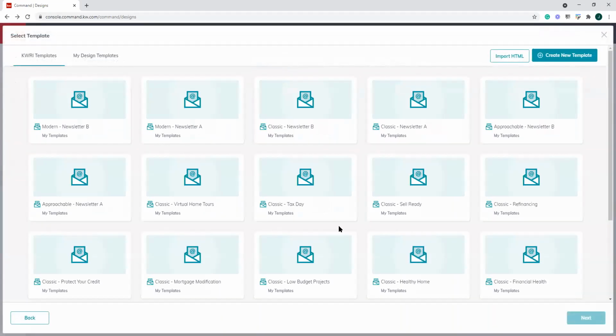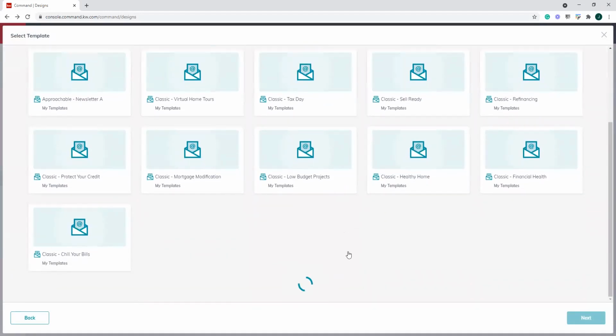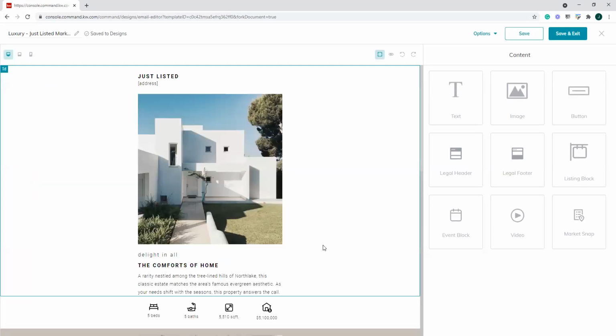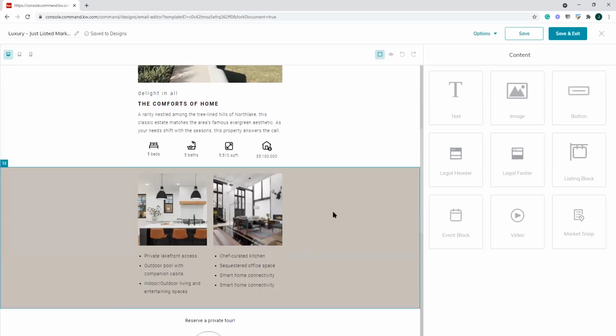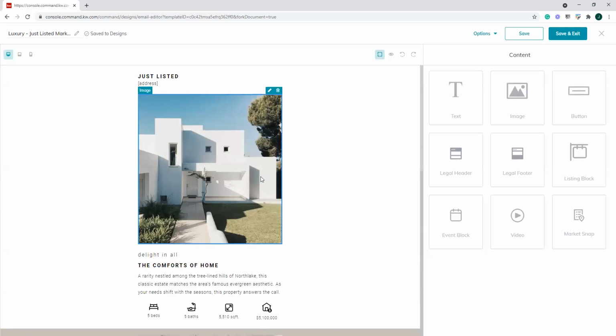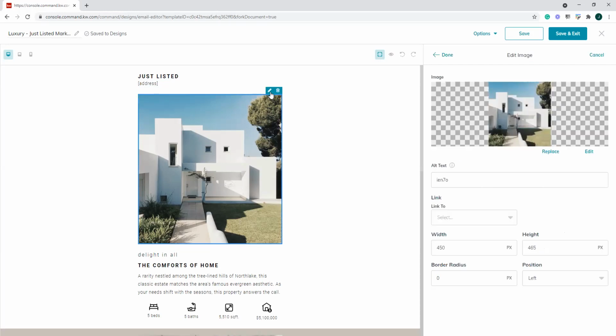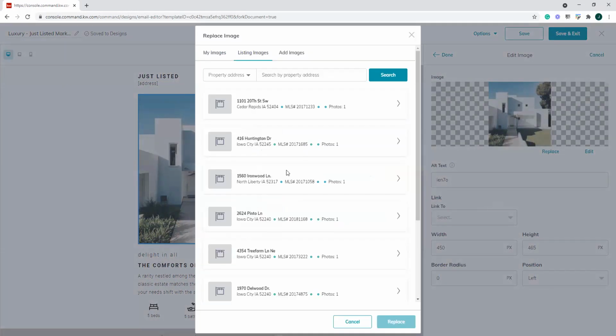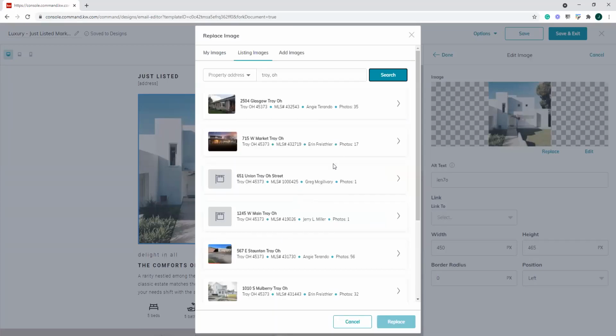just listed. So let's find us a good just listed. Let's do this luxury marketing. They have it all laid out. This is a little bit more complicated, right? This is a good template, right? They've done some fancier things that we can't do, but it functions the same way. You know what? We can add in our address, edit this, replace it, listing images, look for my favorite property